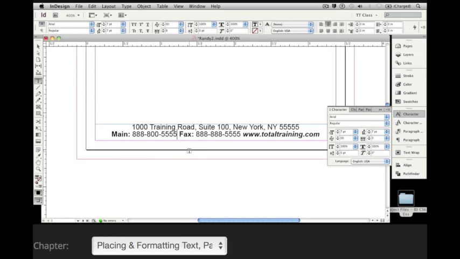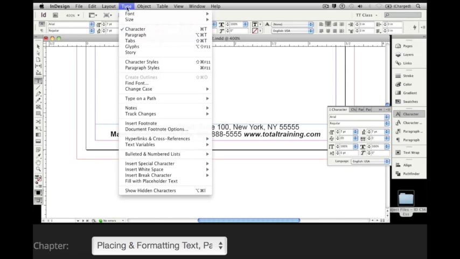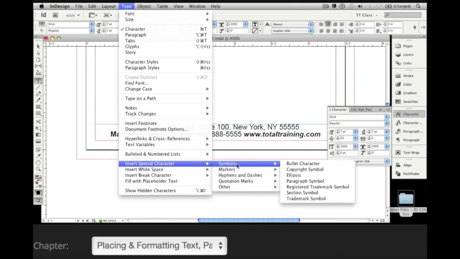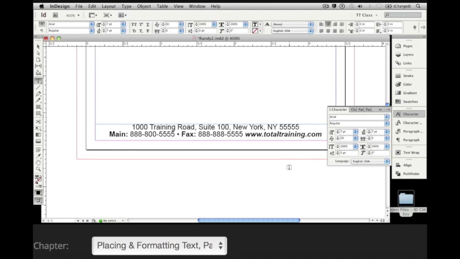We're going to place a space so they're evenly spaced in between, and then I'm going to go to the Type pull-down menu to insert special character, symbols, bullet character. And when I let up on the mouse button, it'll place that bullet right in between the main and fax